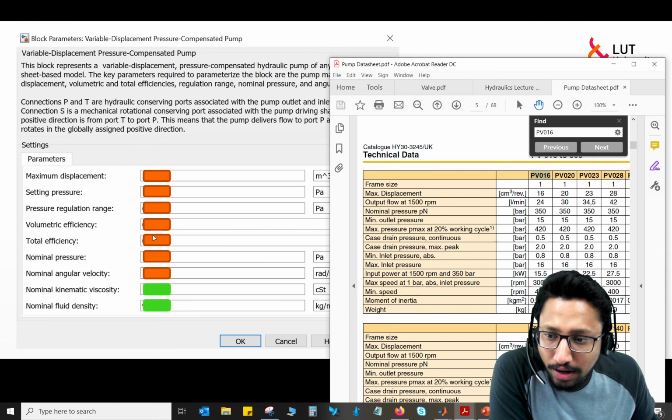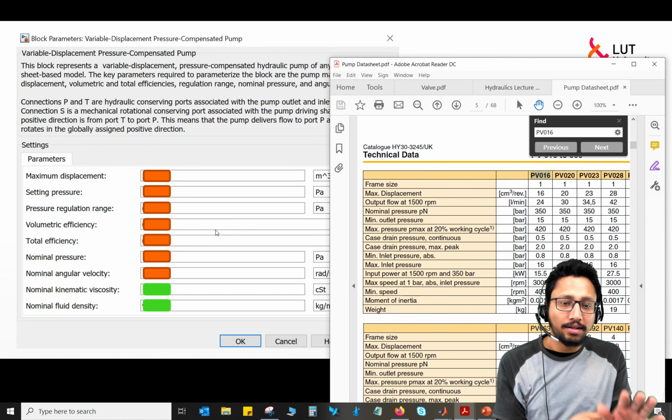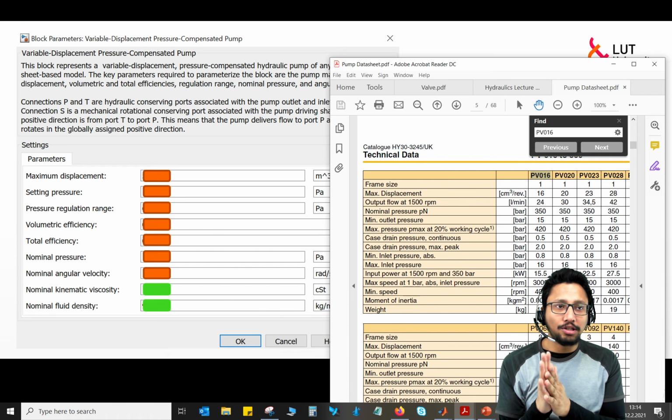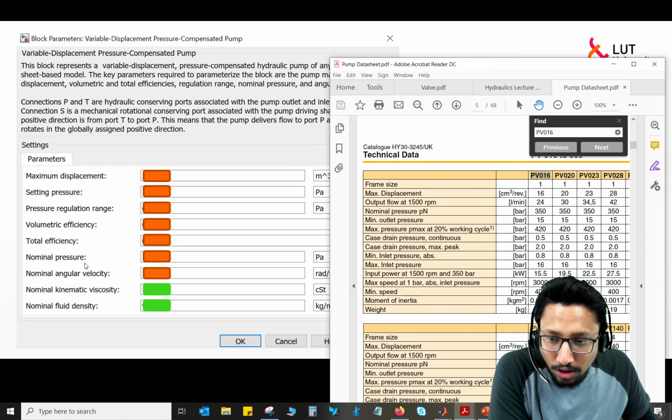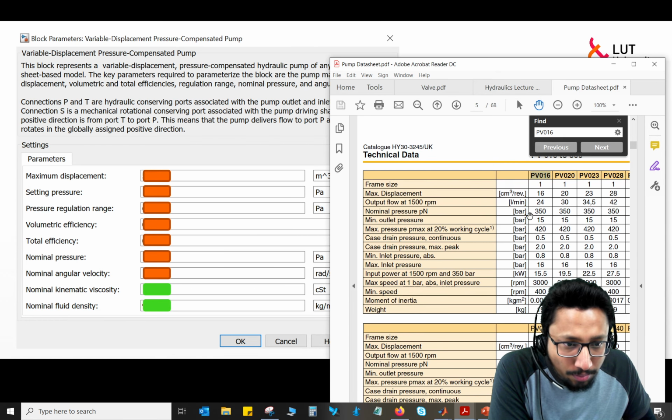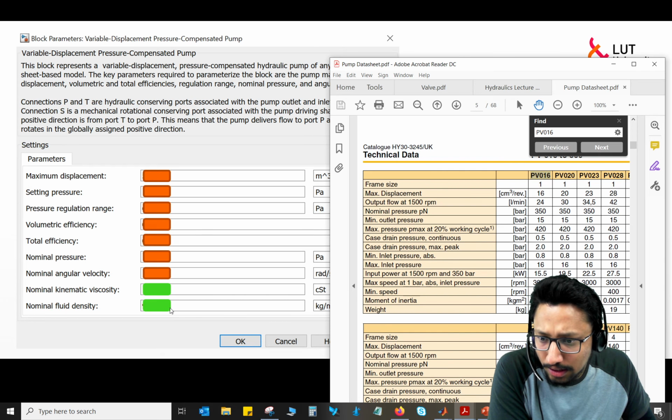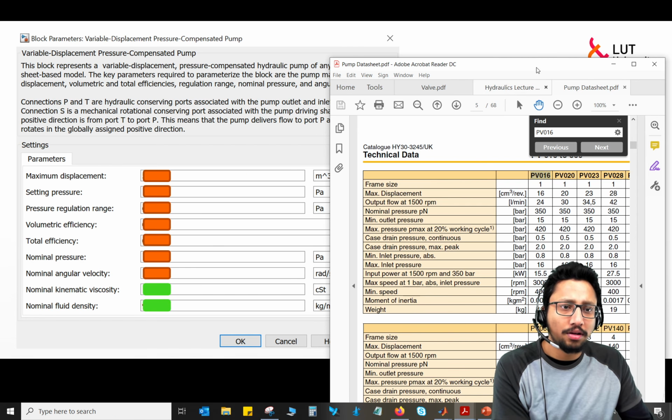Regarding volumetric and total efficiency, you can consider it as 90%, so basically 0.9, or 0.95 as you like. Then nominal pressure is also here, so I can figure that out as well, and that's it. I think all the other values are already given.